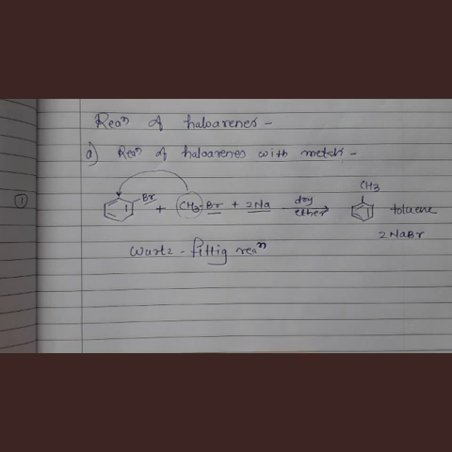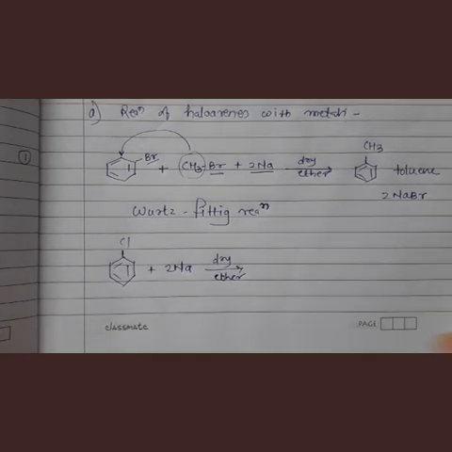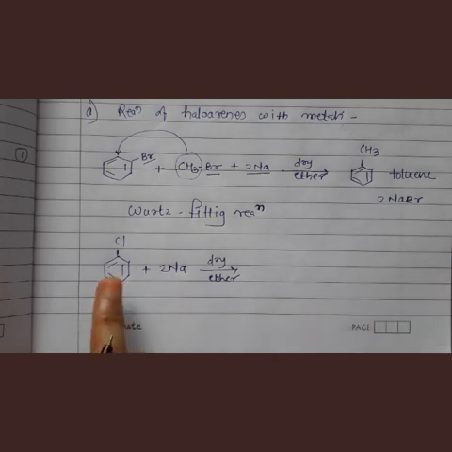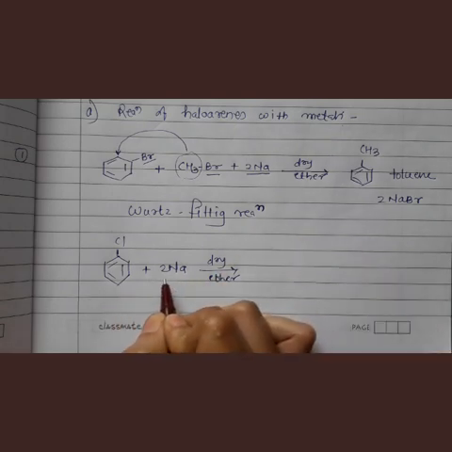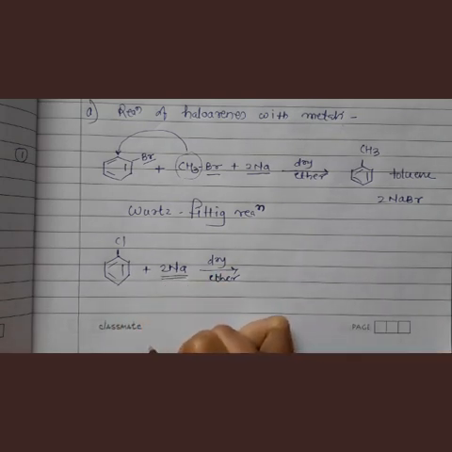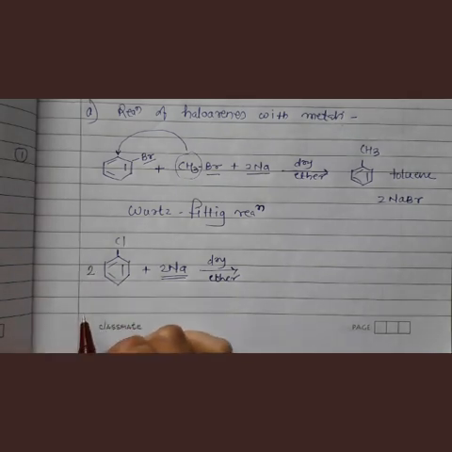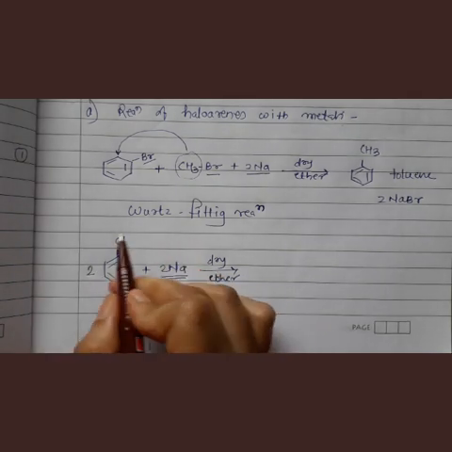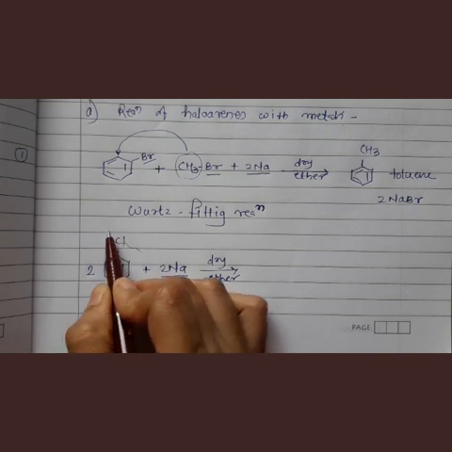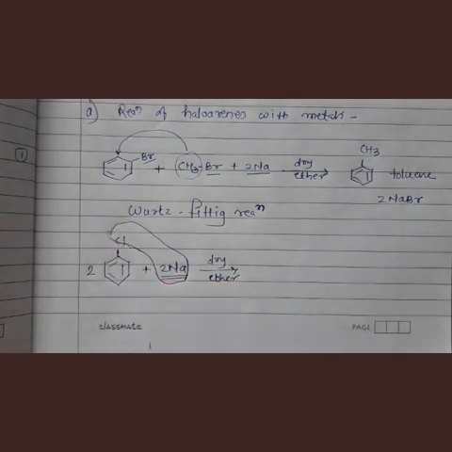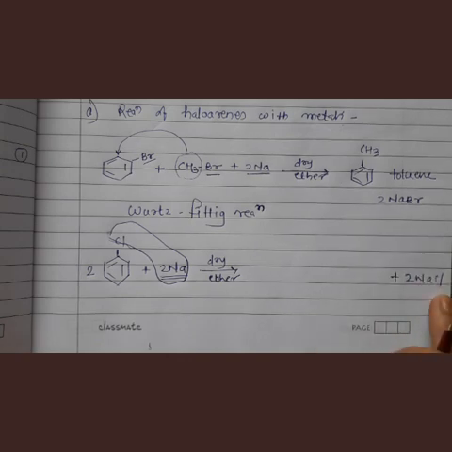Understand? Let us see one more example. In this example, only aryl halide is there. In this reaction, only aryl halide takes part. So what will happen over here? A biphenyl product will form. Understand? These two sodium atoms will combine with the two chlorines; here we take two molecules. Chlorine will get eliminated, and they will form a bond. So 2 NaCl, two molecules of sodium chloride, will form.